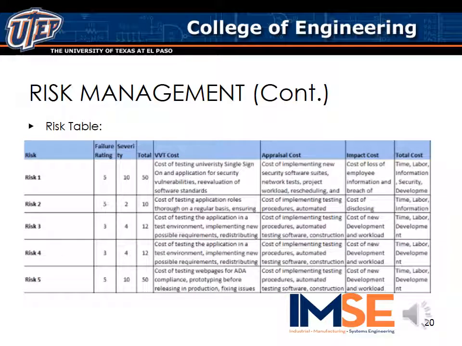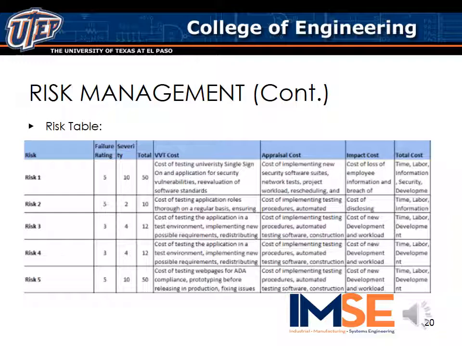The risk table is made up of identifying the risk, providing a value for its failure rating, providing a value for its severity, and multiplying these two values to get a total, which will then allow you to make an assessment for the VVT cost, the appraisal cost, the impact cost, and the total cost. So for example, with risk 1, as we can see in the table, it has a failure